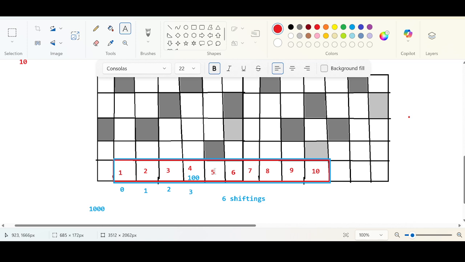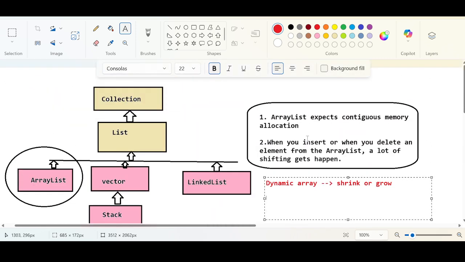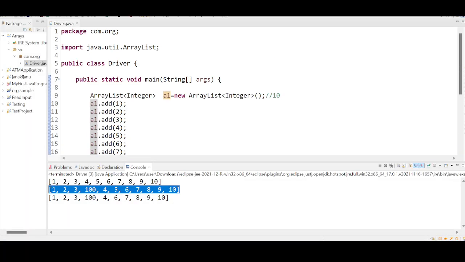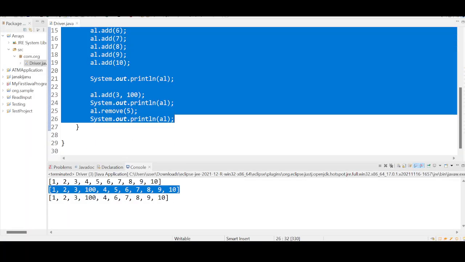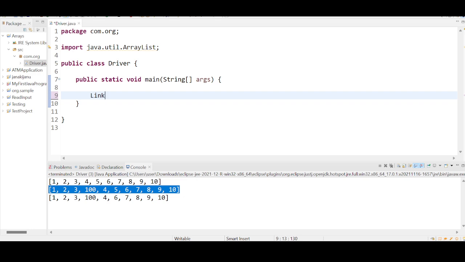How can the doubly linked list be compared with the array list? How is memory utilization happening better with the doubly linked list? How are these disadvantages overcome in the linked list? We will understand that. Now, how to create a class for the linked list? Very simple. Just remove all this. You just use LinkedList<Integer> l = new LinkedList<>();